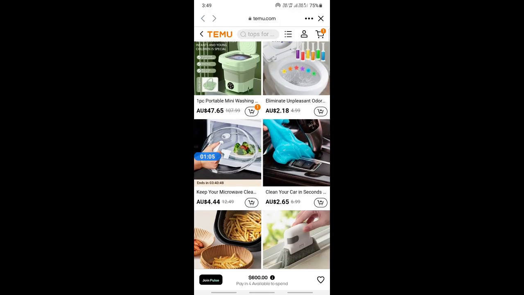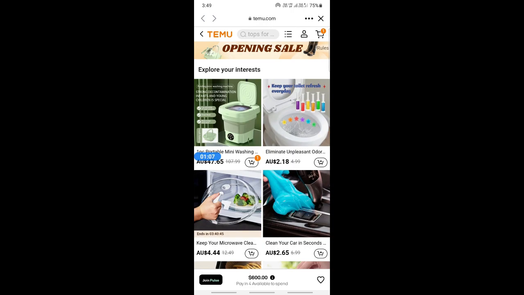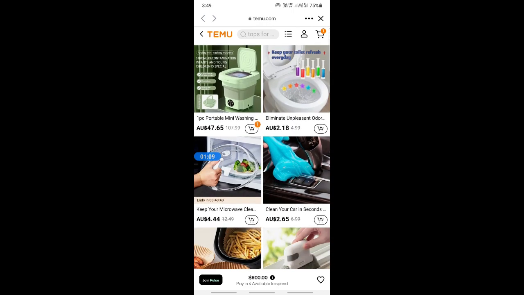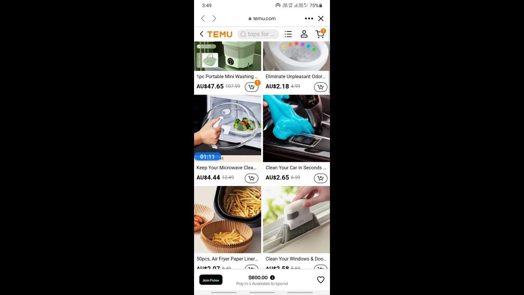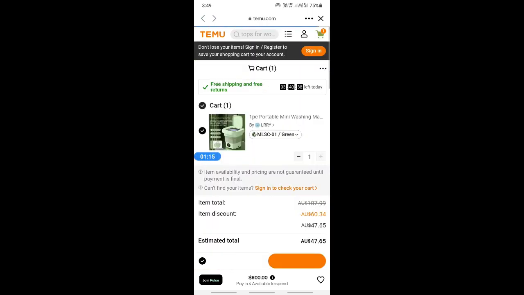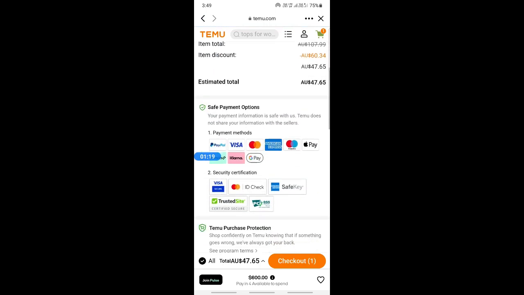So what I have to do now is simply add any item to my cart and then proceed with my checkout. So just choose any item here and then just add it, whatever you wish to purchase, and then just go to your cart here. So when you get to your cart here, what you're going to do is scroll down, and